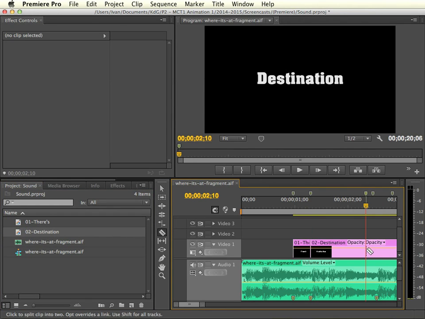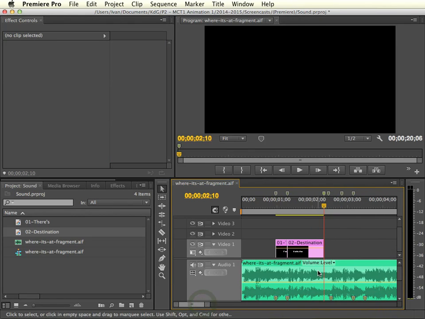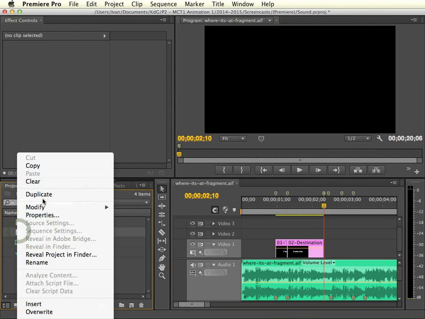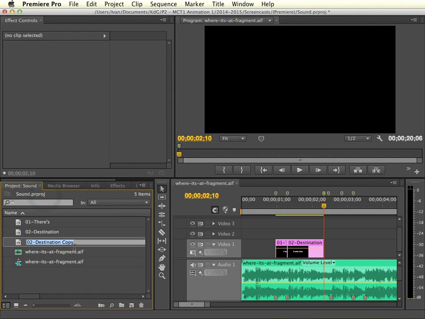So I go to the third marker, I cut the word, delete the remaining part. So now I can continue to the next word. So I'm again duplicating my current title. So finding the right spot in the original. Okay, so selecting it, right click, duplicate, change the words at the title